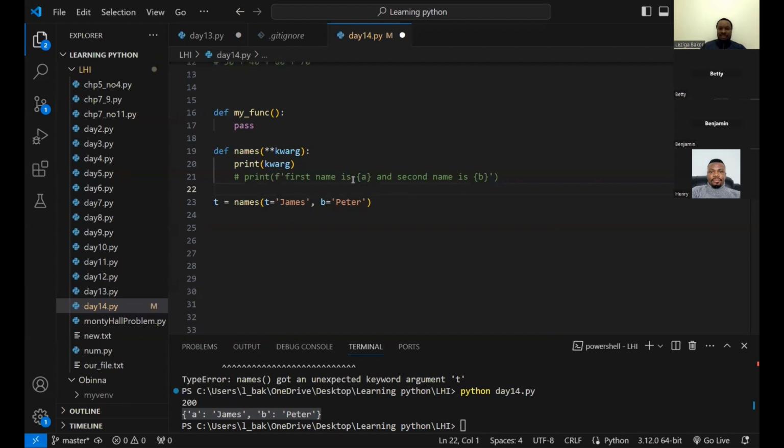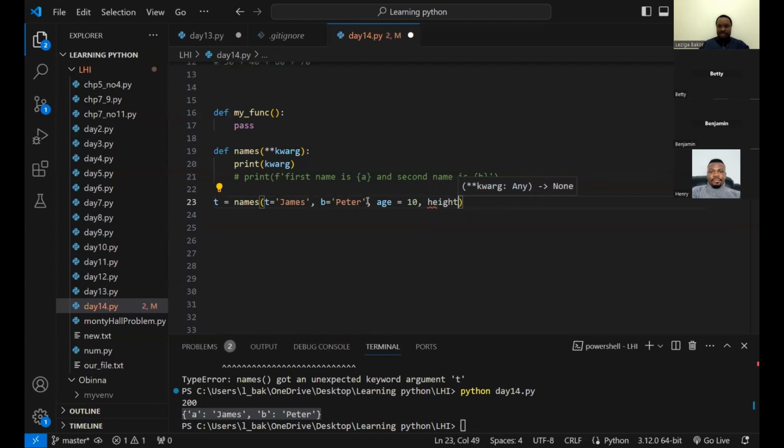There's nothing like T in the function, but the function only expects that the arguments I'm going to pass into it will have a key and then what the key is equal to, like key is equal to Peter. But I can pass in any amount, I can even add another one, say age is equal to 10,